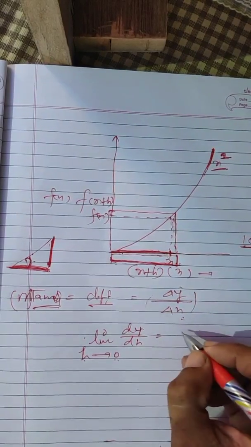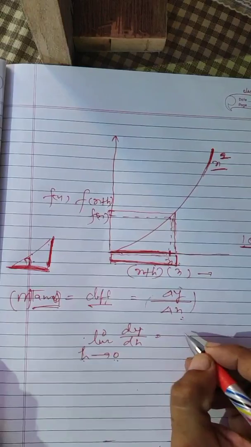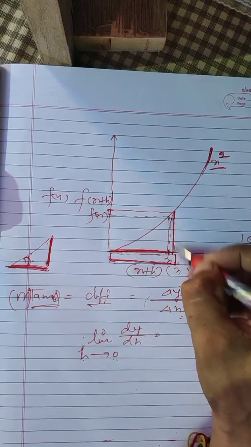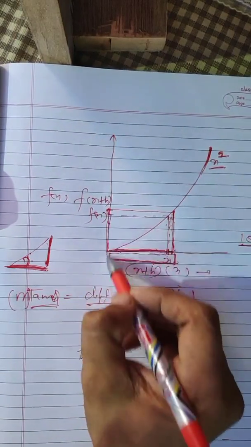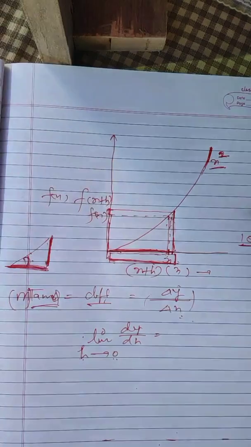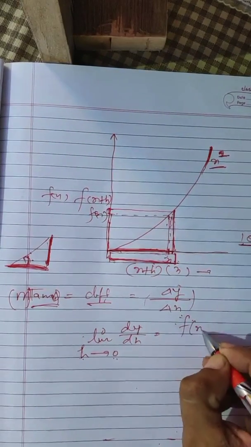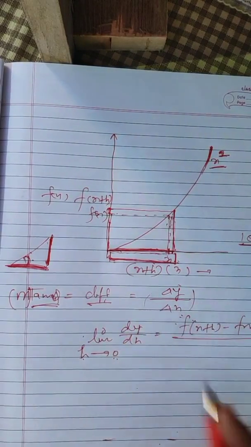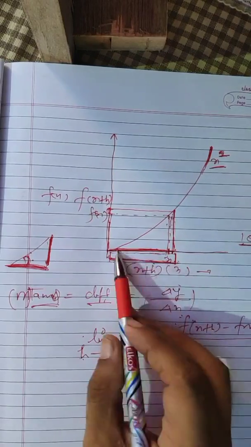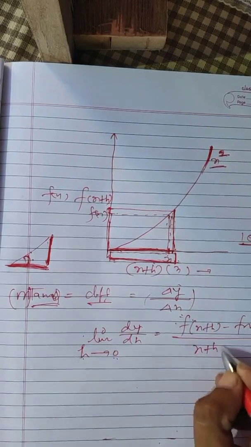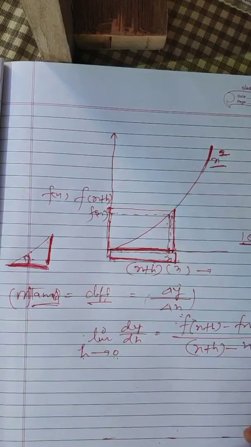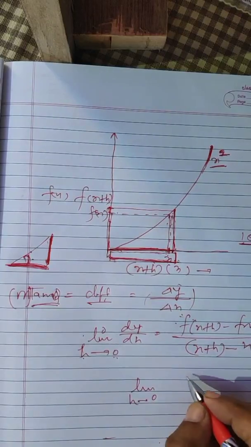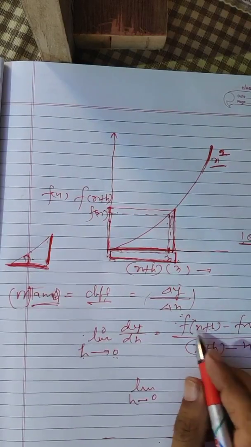And what is our f(x) here? f(x), the change in y. What is our change in y? That change in y is this over this. How much y has been changed compared to this y? So this is f(x plus h) minus f(x) over, what is the change of x? Change of x is this minus this, final minus initial. What is your final? Final is x plus h, and what is your initial? That was x. So when limit h tends to 0,